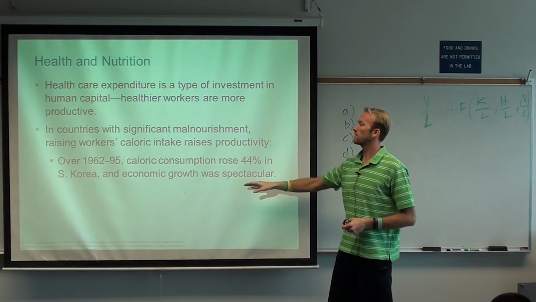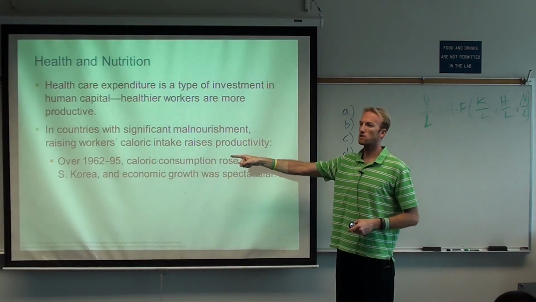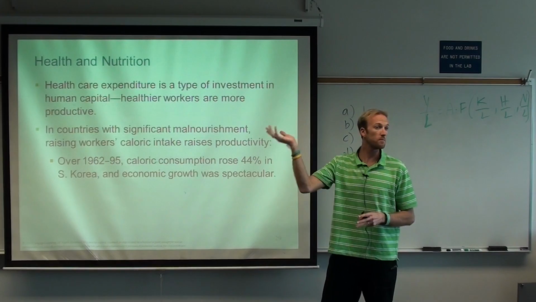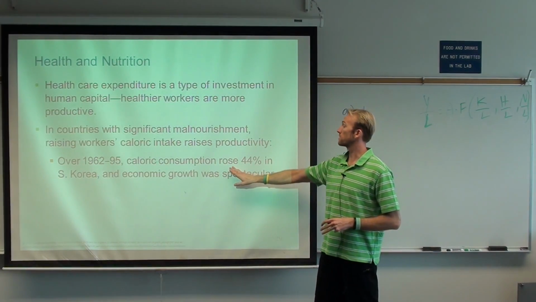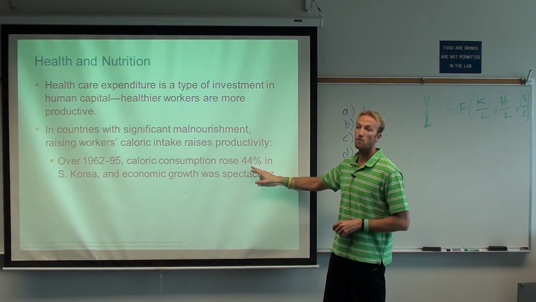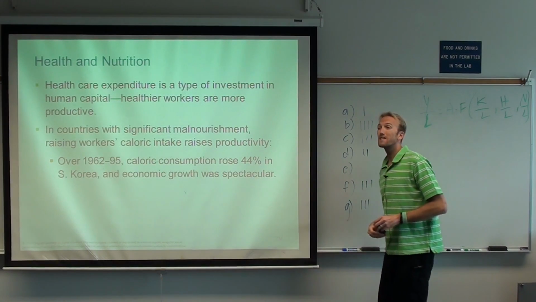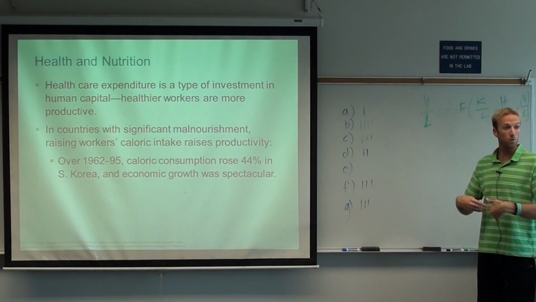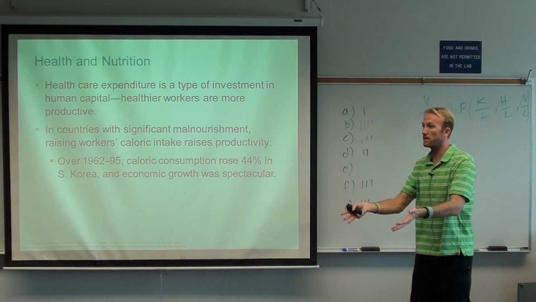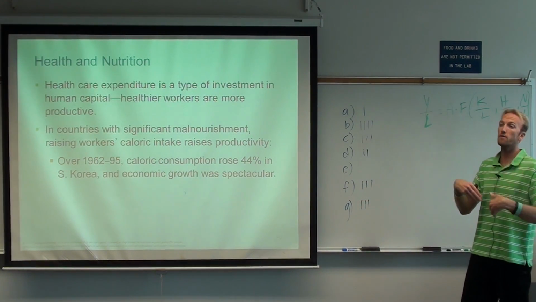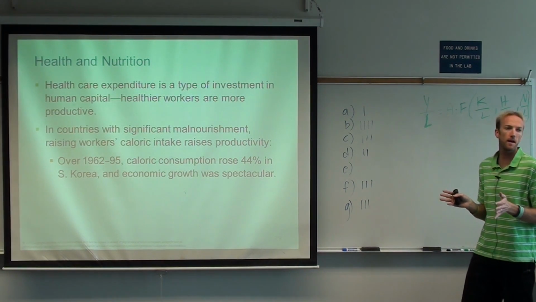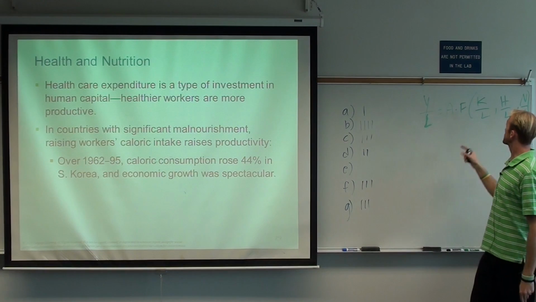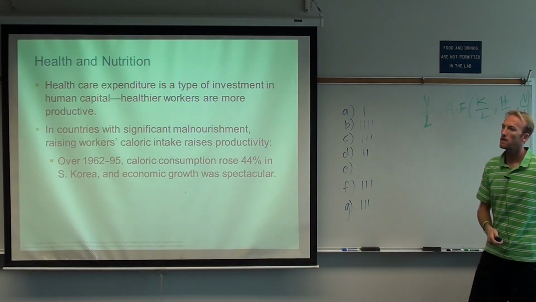Remember, we already talked about South Korea going up over this time period. The GDP went up off the charts. Well, you know what else went up? Caloric consumption, look, went up 44%. So sometimes the limit to people's productivity is they just don't have enough food to actually be productive, right? If all their food is going in and it's just barely keeping them alive, then they're not going to be very productive. Just simply giving them more food, right? That's a form of human capital, can help them increase